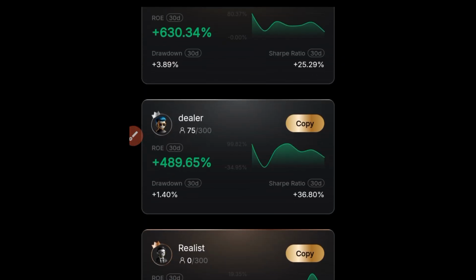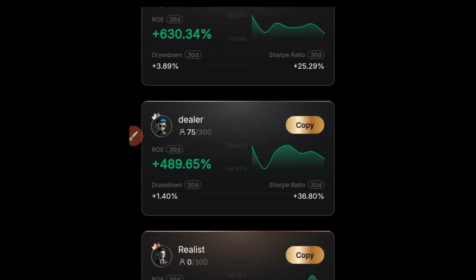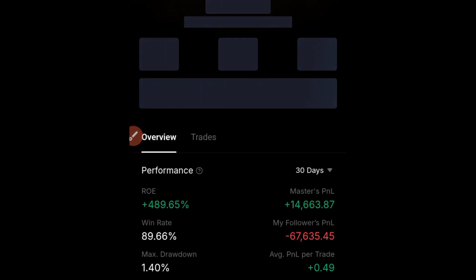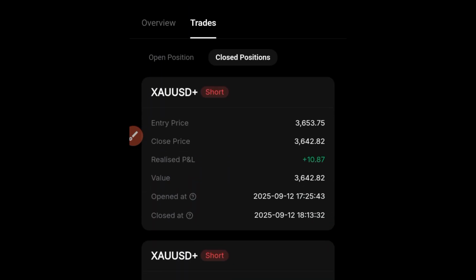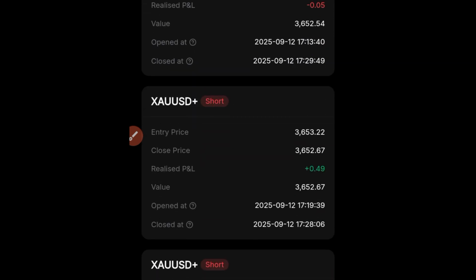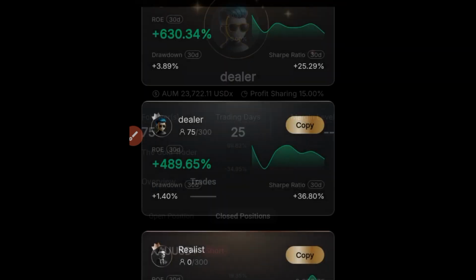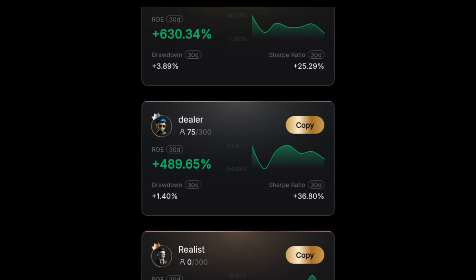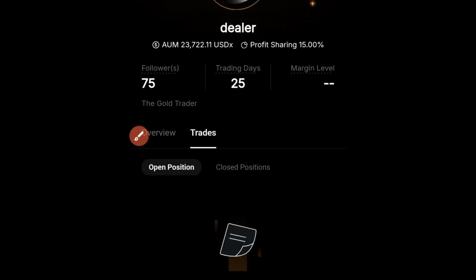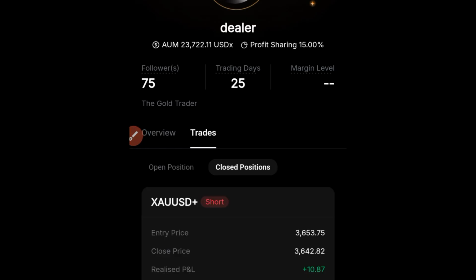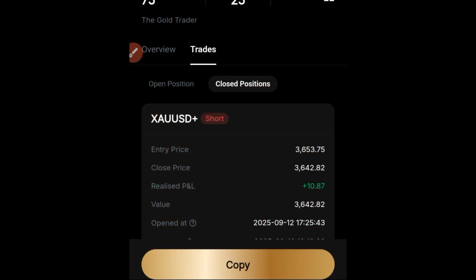And the majority of them trade just gold alone, and some trade only Euro USD. If I go to this particular one, go to the close position, you can see this one is a fan of gold. This one trades gold just like me. So any of these traders you want to copy, you can either click on the copy option or click and see more details. If you see the trade history and see that, oh, this person is trading gold or NAS 100 or Euro USD or any of the pairs that you prefer, you just go ahead and click on the